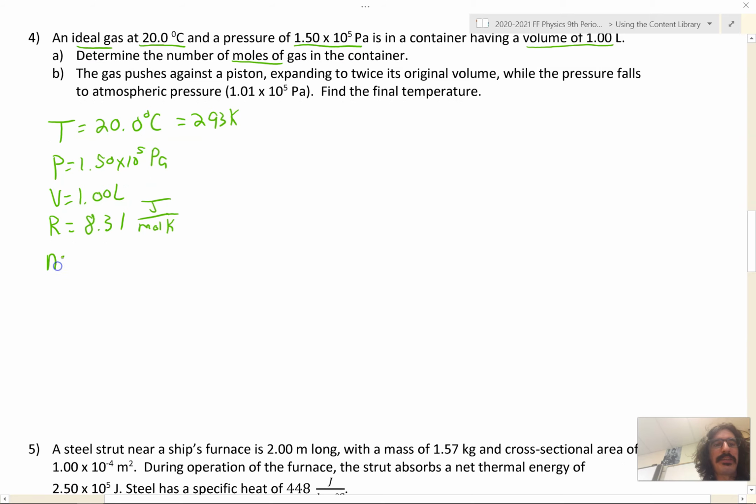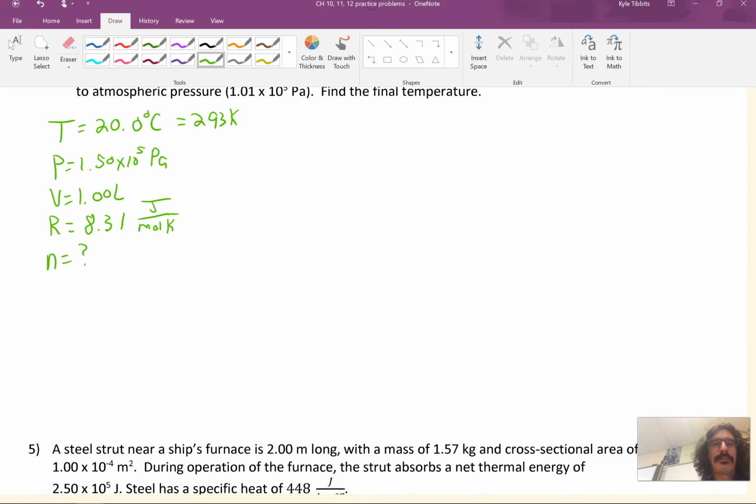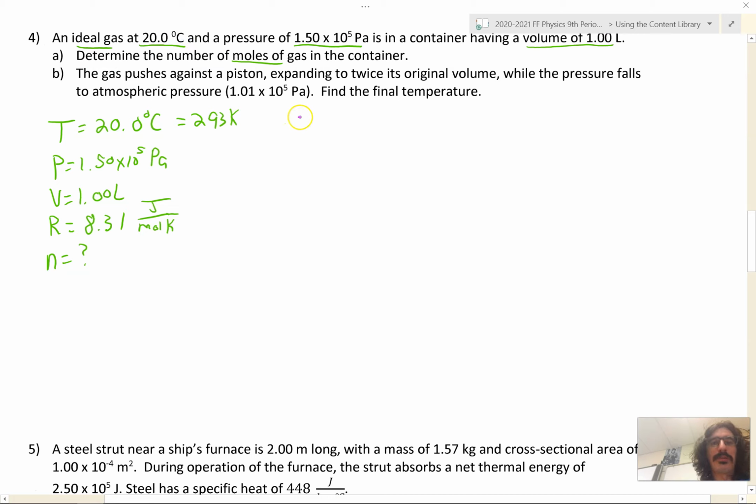And we're finding N, the number of moles. We're going to use the formula for letter A, PV equals nRT. And all we have to do is just isolate N, the number of moles. So let's divide by RT. N equals PV over RT. And from here we just plug and chug. N equals 1.50 times 10 to the 5th pascals